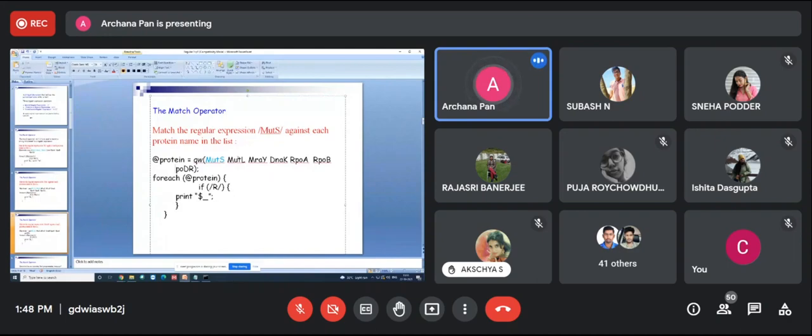This is 1, 2, 3, 4, 5, 6. I have written QW. We have used QW, so we do not have to use comma or quote. Mutase, mutant, RPOB and this protein. Okay, protein names. So what will be the outcome?